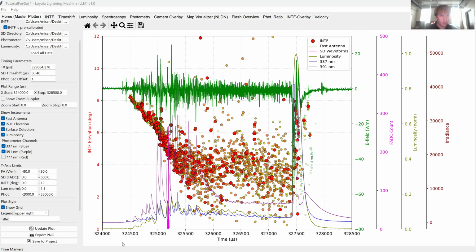Let's actually change this to like 345. And this is essentially just our main master plot with the photometer ratios below it. You can still toggle off the ones that we're not going to use and just have that. So pretty good. And now I'm on the flash overview tab, which is